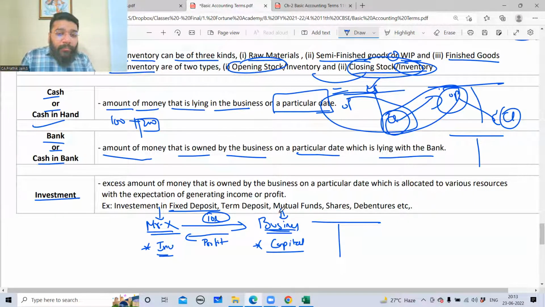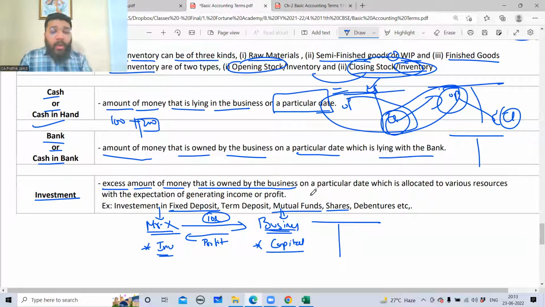I go and give this money to a mutual fund. The mutual fund will give me a dividend in return. Dividend is one kind of income. I can go and invest this money in the share market. In return, I'll get something. So investment means what? Excess amount of money, always from the business point of view,